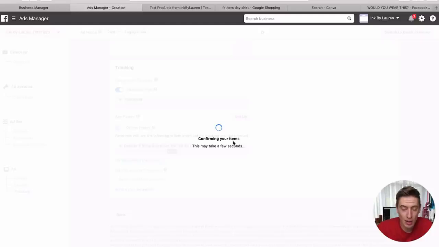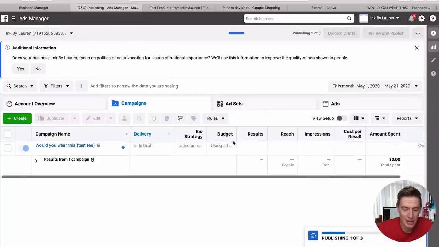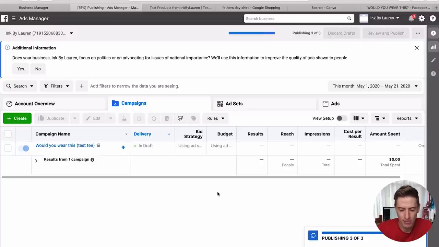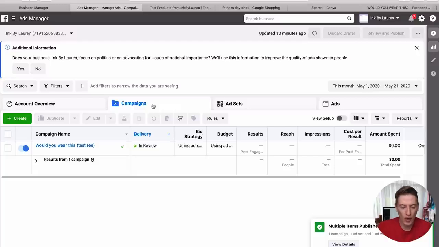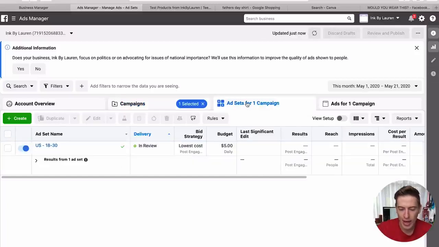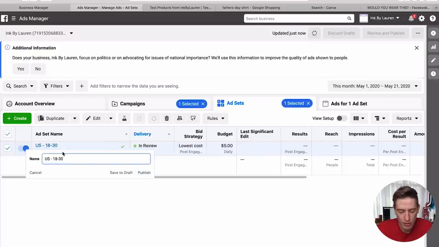Confirming your items. Now, remember, I'm making 3 ads, and I'm going to show you how to do this using this homepage dashboard looking thing now. Okay, this is the cool part of this video. We've got the campaign, which is, would you wear this test tee? If we go into the campaign, so we tick it, and we go ad sets, that is we're targeting 18 to 30 year olds. We can edit this name actually to be 18 to 30 year olds